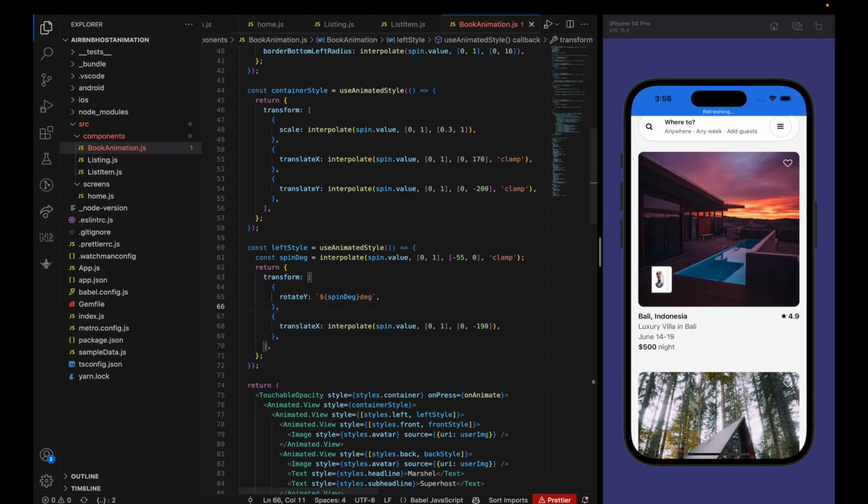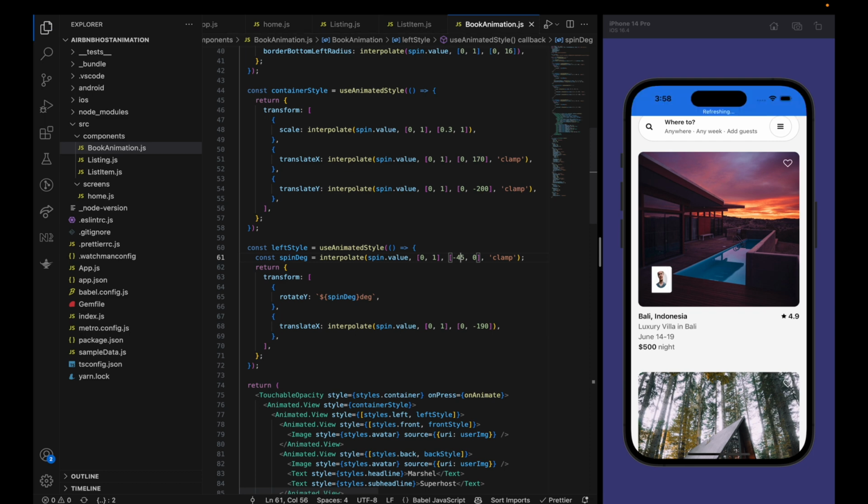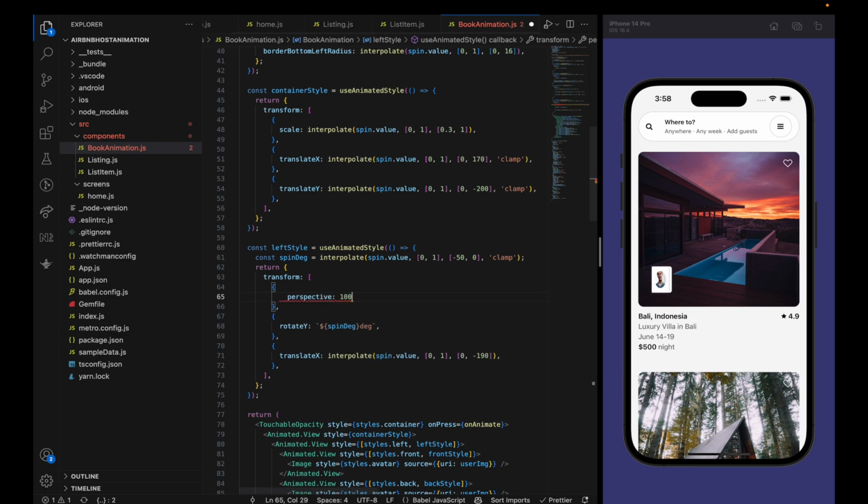Okay, we were missing this. So now as you can see, we have a nice effect of book, but if we add 45, let's say 50, we have a nice effect, but let's add some perspective so it will be more clear. Perspective, let's say 1000, and now let's add the 45, 55. Yeah, so now it looks like a book, and now when we're clicking on this, it is opening nicely,